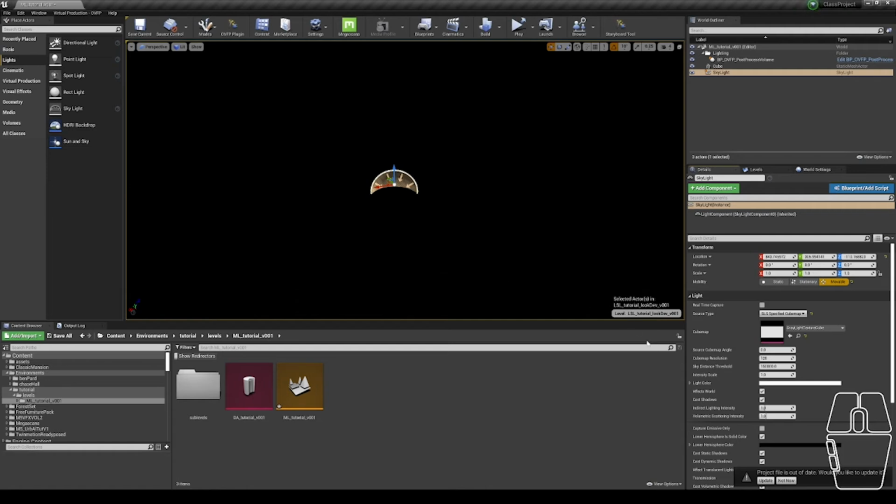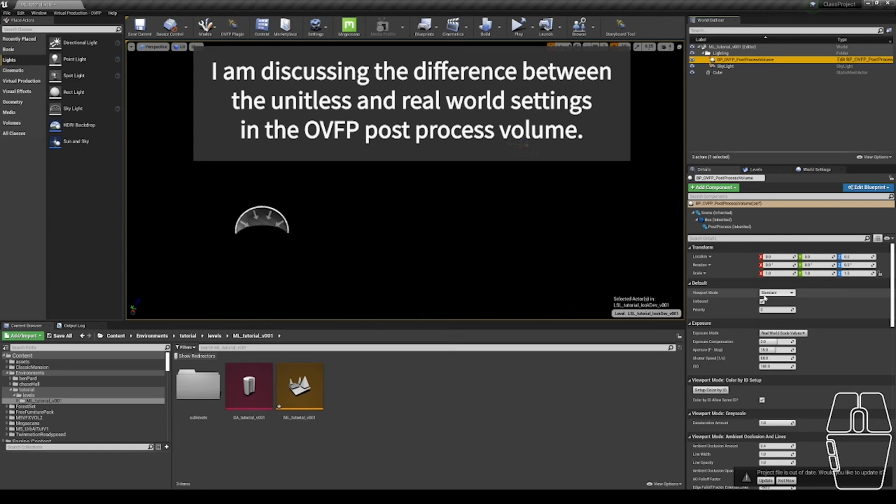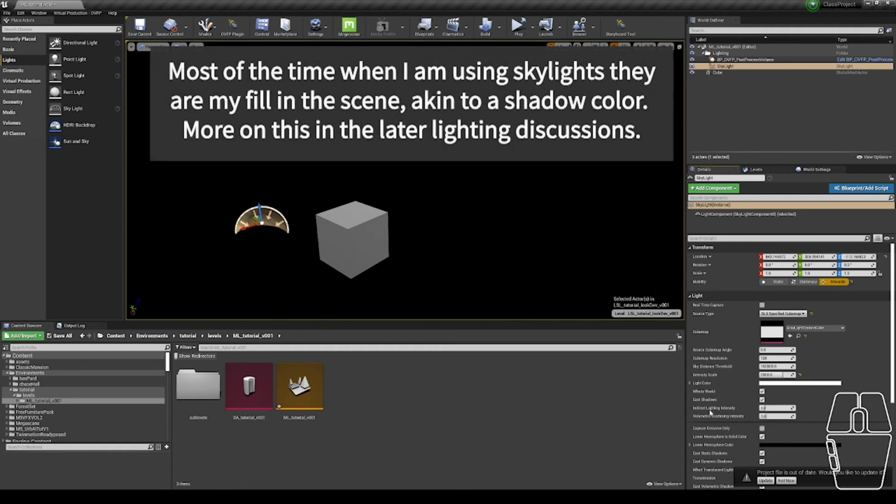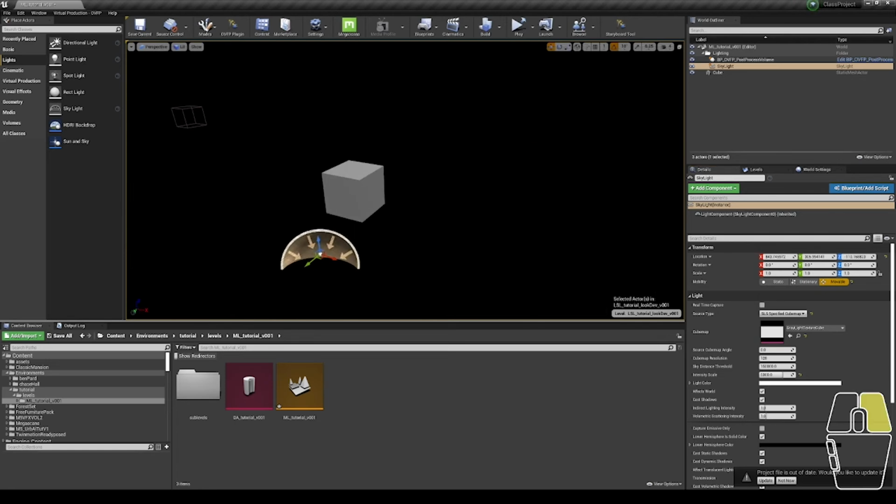And then I need to change my intensity scale to match the exposure of my scene. By default, the Unit List standard will give a nice even flat wash. So if you don't want to have to think about these values, use the Unreal lighting style values. However, since I chose the real world values, I need to bump my intensity up on everything. I'm not going to be talking a lot about why I'm choosing a lot of the values that I am. Right now, we're trying to get a nice flat even wash so that you can see what we're doing, but we don't care about the actual intensity values. In my case, my intensity scale of 5000 on this skylight gives me a nice flat wash